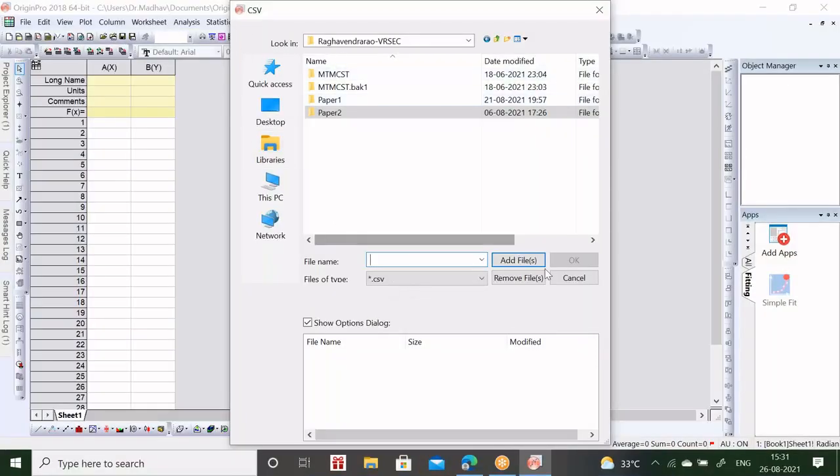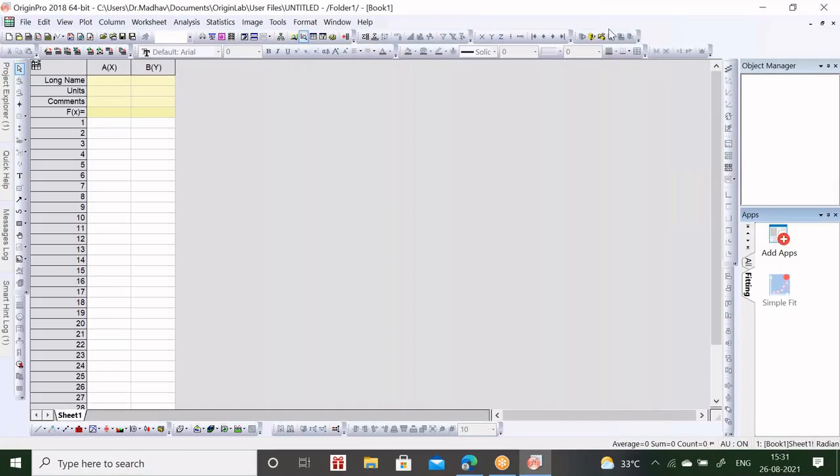This conference will now be recorded. Select the option comma delimited CSV, comma separated value actually. Sir, sorry to interrupt, but are you sharing the screen? It is still hanged on the main screen of Origin Pro. Okay, one minute, I will refresh it. Now it is okay. Yes, sir, now we can see.